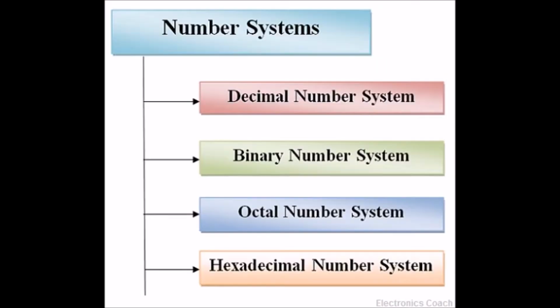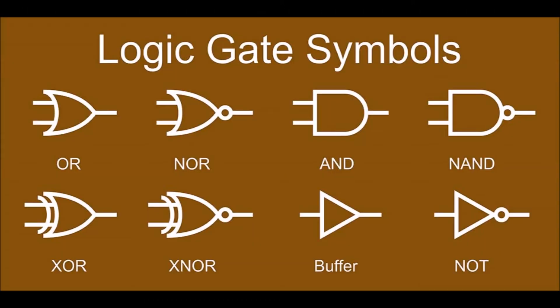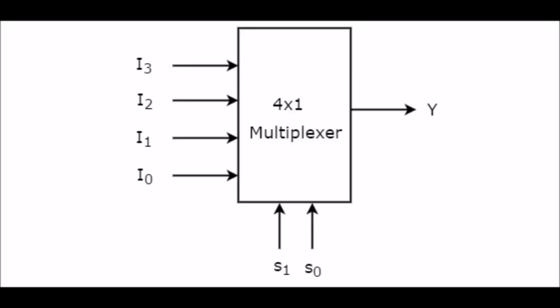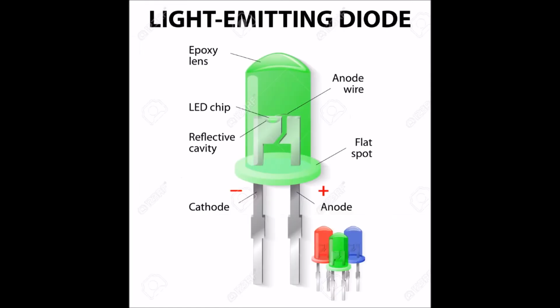In the second module, we are dealing with the number system, binary number system, octal, hexadecimal numbers, the conversion between these number systems, and the binary arithmetic, that is addition, subtraction, multiplication, etc. In the third module, we are discussing the Boolean functions using logical gates, that is AND, OR, NOT, NAND, NOR, XOR gates. In the fourth module, we are dealing with the multiplexers, adders, subtractors, decoders, and digital display devices.